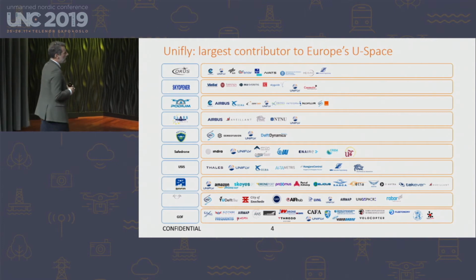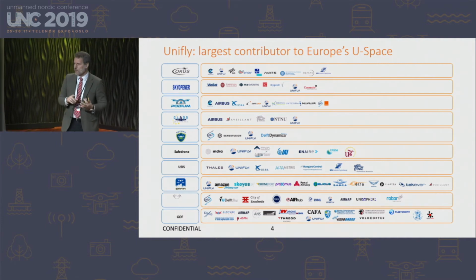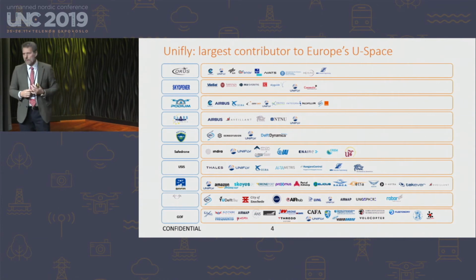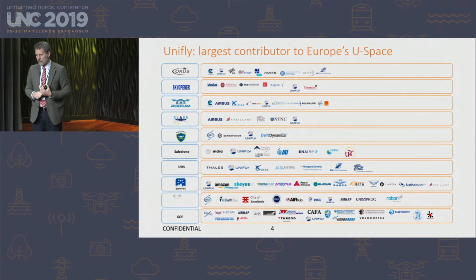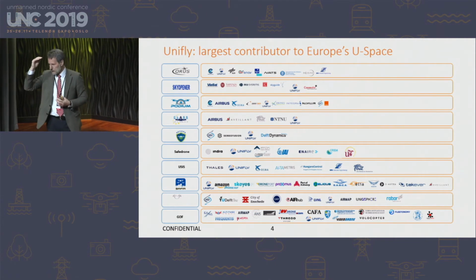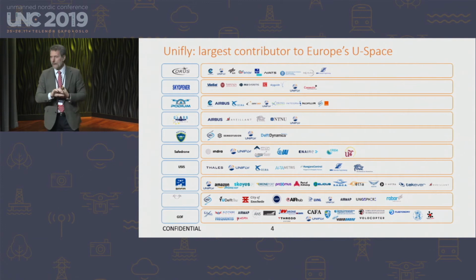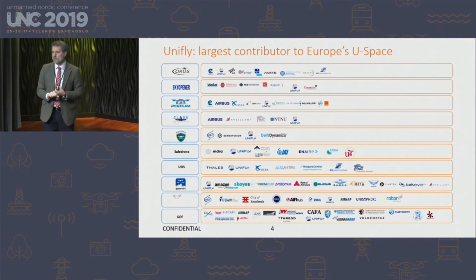But the one that I'm most proud about is probably the Sapphire project for a number of reasons. First of all, we were the lead in that project. But it's probably one of the most complex demonstrations that have happened anywhere in the world so far. We had a national authority, the CAA. We had Skies of Belgium. They were using our UTM platform. We had the local authority, the port commander of the Port of Antwerp, who was involved in the flight planning process,